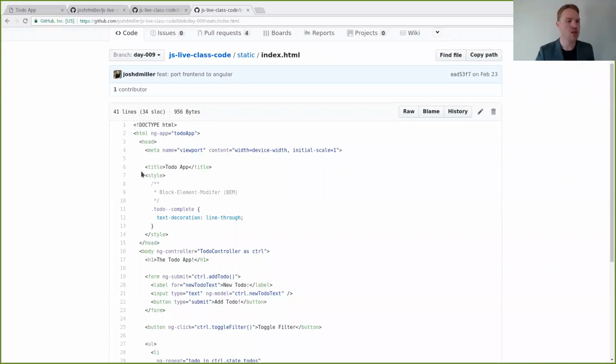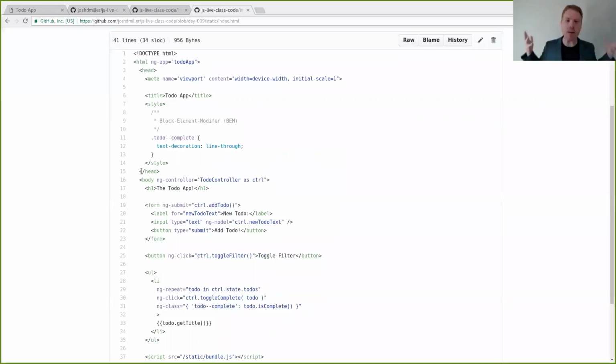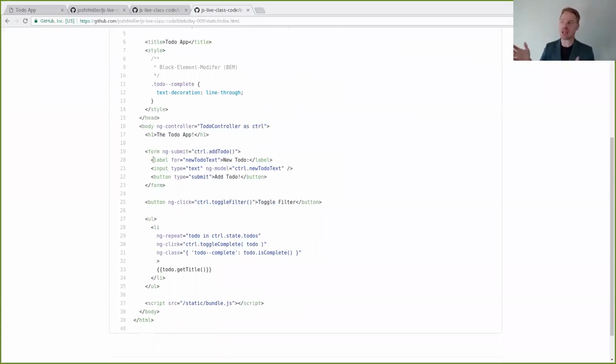So here's the first really important thing you need to know about how Angular works: in Angular, the view is like the official source of record. The view will kind of tell you what is supposed to happen. So when we did this in just plain JavaScript, we had to say, okay, well, when a form is submitted, I want to create a new to-do. And we did that by not doing anything in the HTML. We just had this form kind of sitting there looking at the HTML.